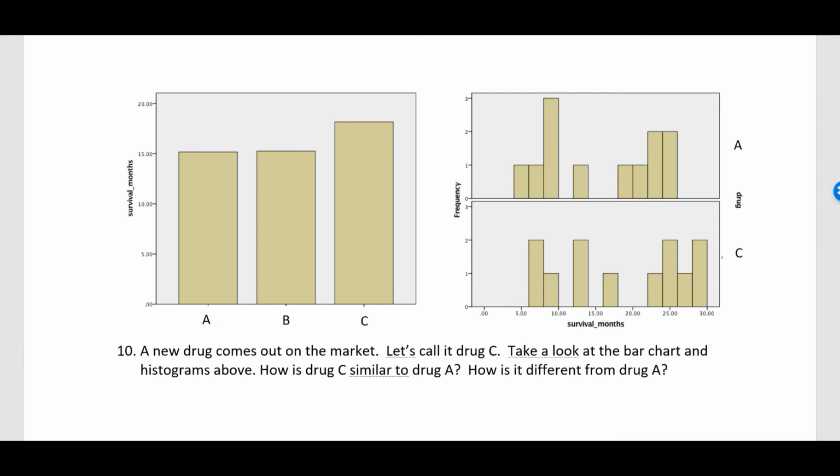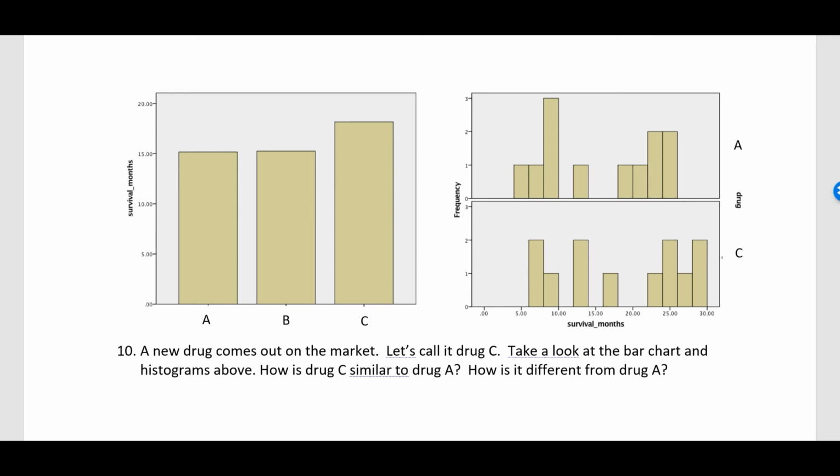Okay, so now a new drug comes to market, drug C. And here we're looking at all three on the bar graph or just A versus C on our histograms. So number 10, this one can also be a bit confusing. So how is drug C similar to drug A? I would say that if we look at the shapes of A versus